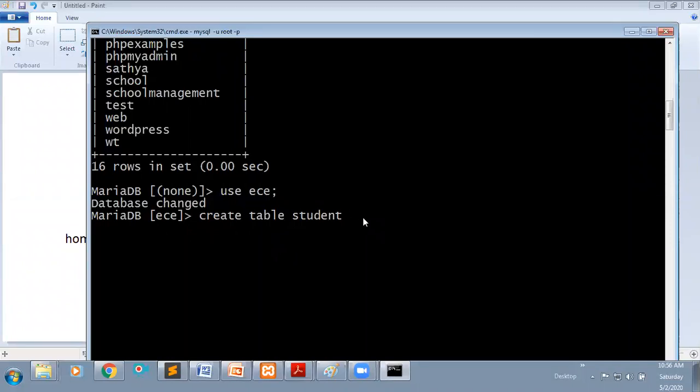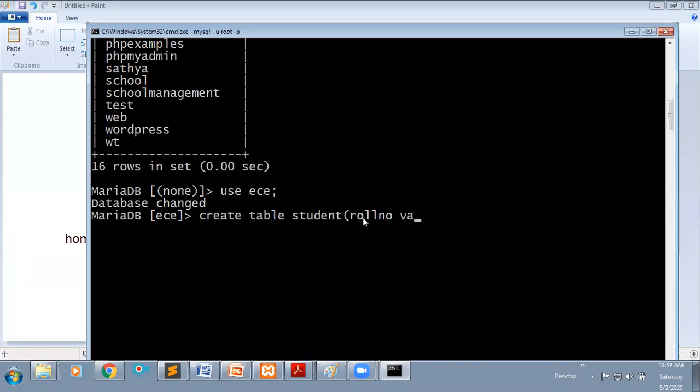Then the columns you require, you need to mention within the parentheses. For example, I require roll number, or hall ticket number, as the first column. Roll number I'm accepting as varchar. I will tell what this varchar is. For varchar, the size I'm taking is 20. Here varchar is a data type.